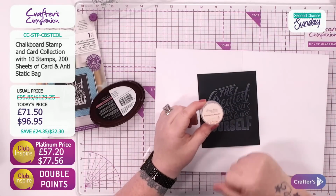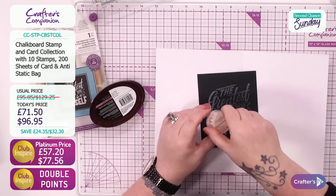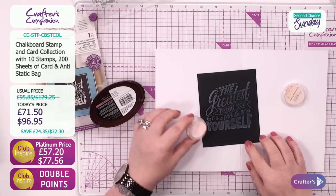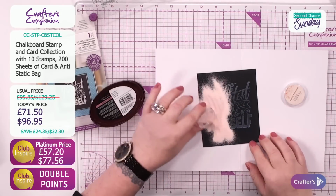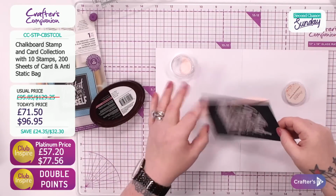So I have got this embossing powder, and it's a nice pink one. Where's that from? It's from the Rose Gold collection. Yes, this is out of my stash. Check you out. So yes, I got this with the Rose Gold collection, and as you can see...